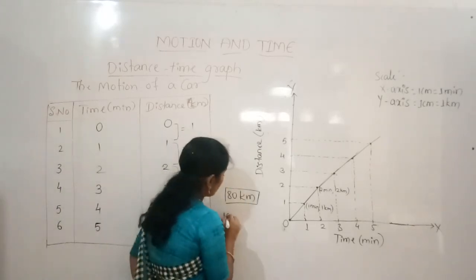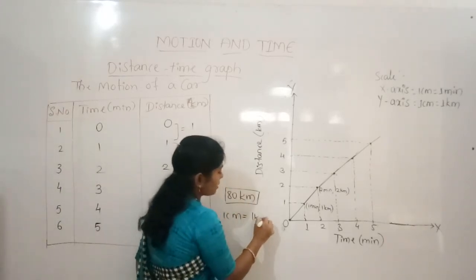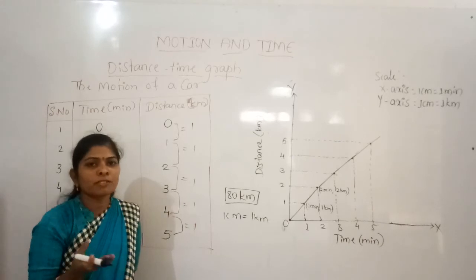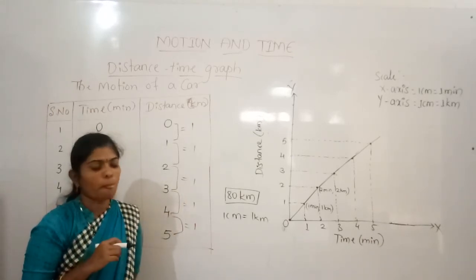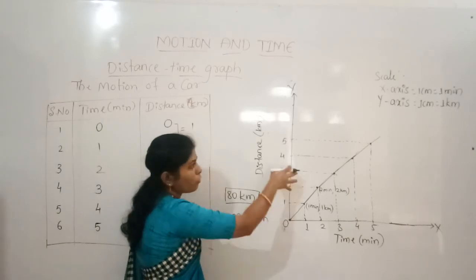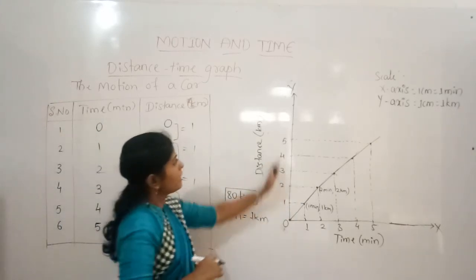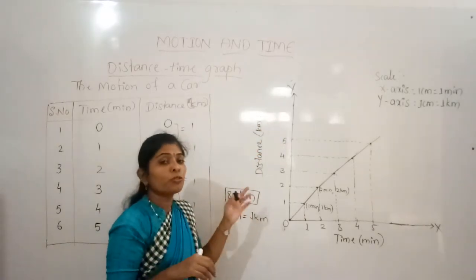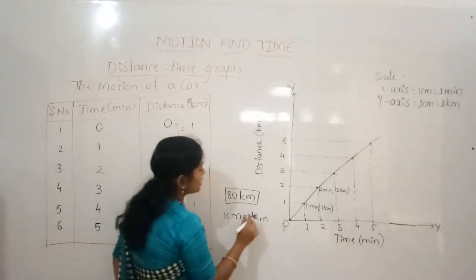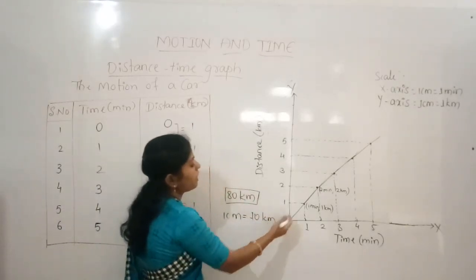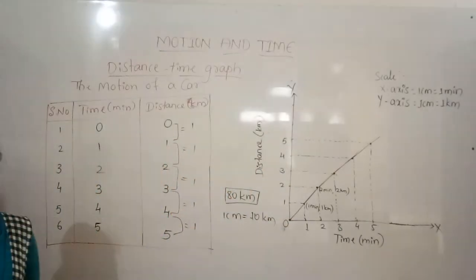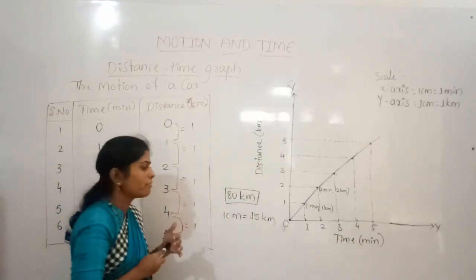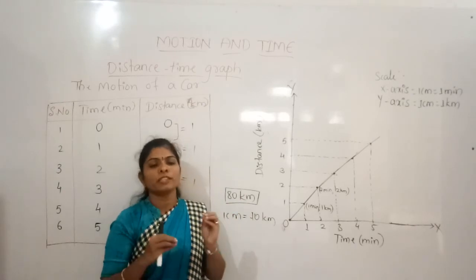So if we take 1 centimeter equal to 1 kilometer, we have to draw 80 lines like this, but our graph sheet does not have that many values. If we take the same values everywhere, 1 centimeter equal to 1 kilometer, there will not be 80 values, because the graph will be shorter than this. So in such cases we have to take 1 centimeter equal to 10 kilometers. Then we only need 8 centimeters, and it is convenient to draw. So likewise, according to convenience we have to take the value.